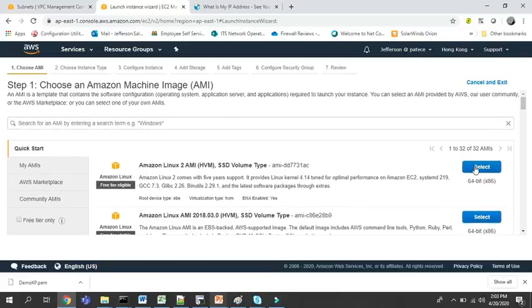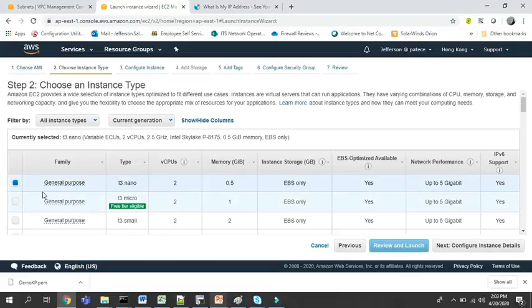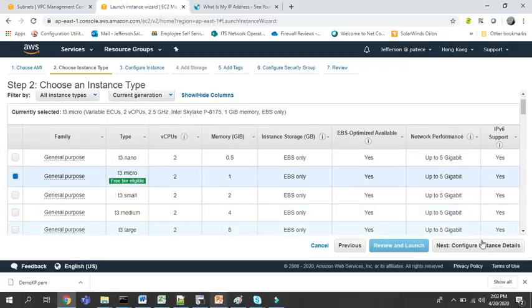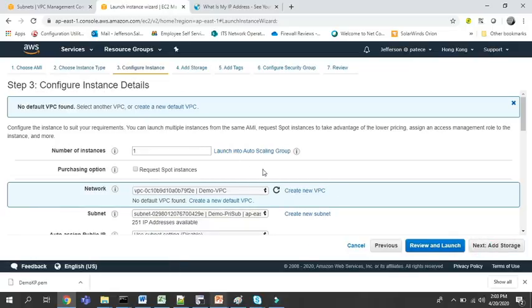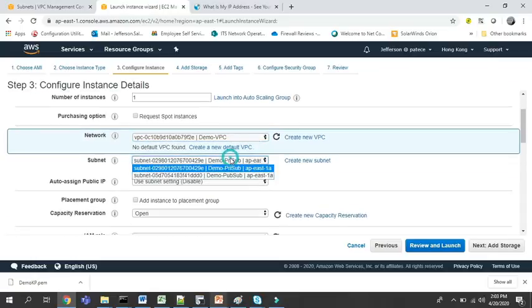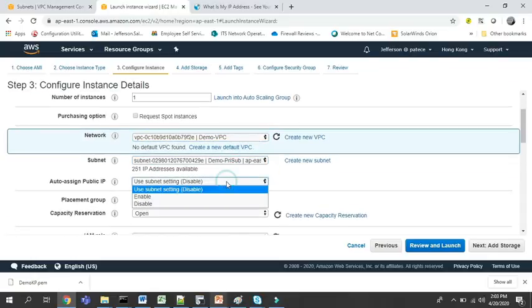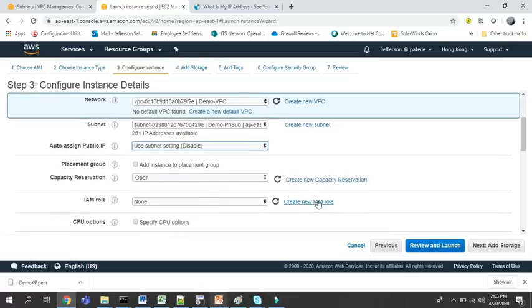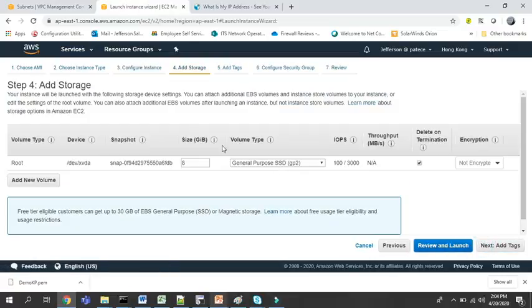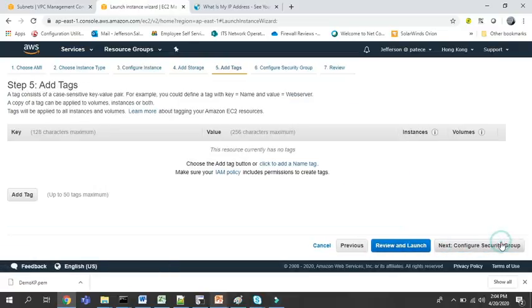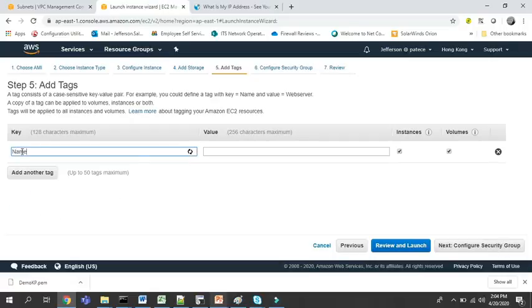So this is our private subnet instance. Demo VPC private subnet, disable add storage. Next, add tag name